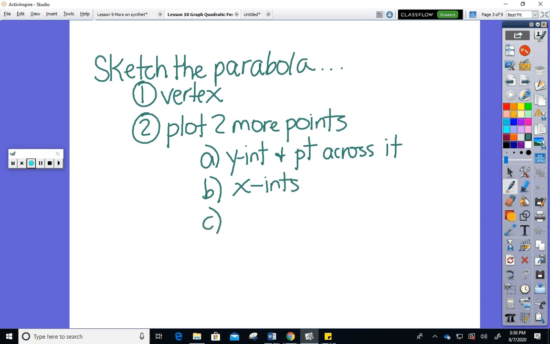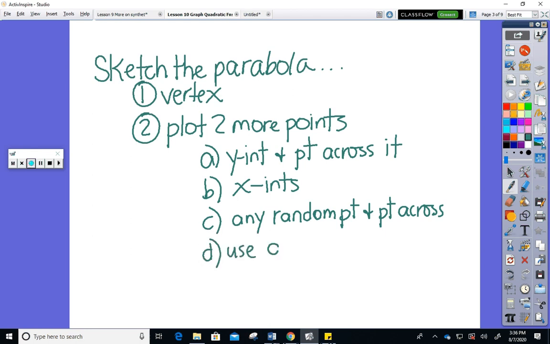You can plot any random point, and I'll talk about that with you, and the point across from it. So we can use symmetry in order to get the point across from it,